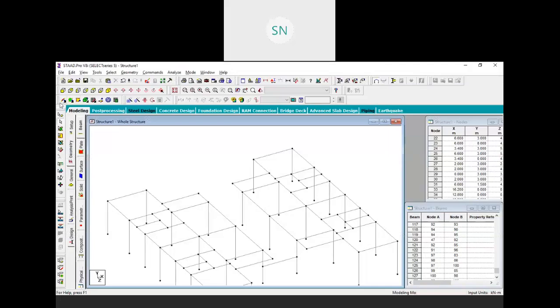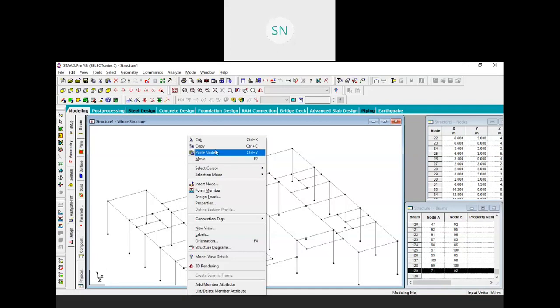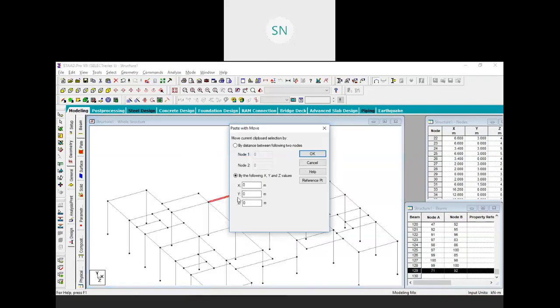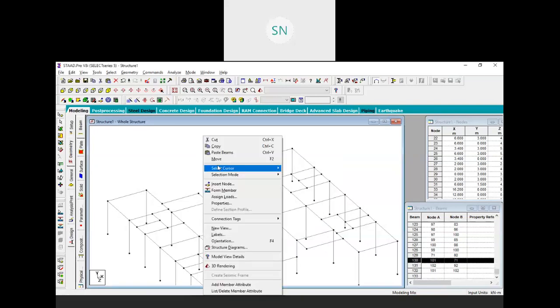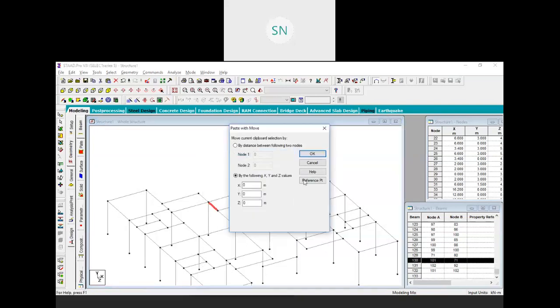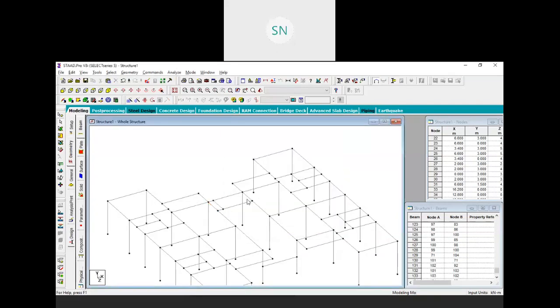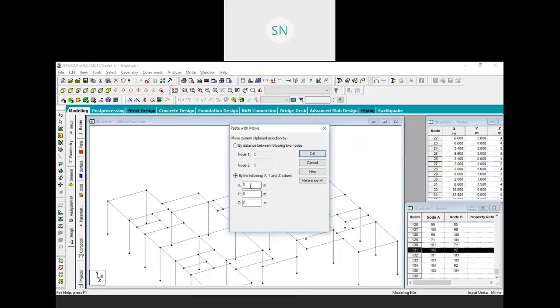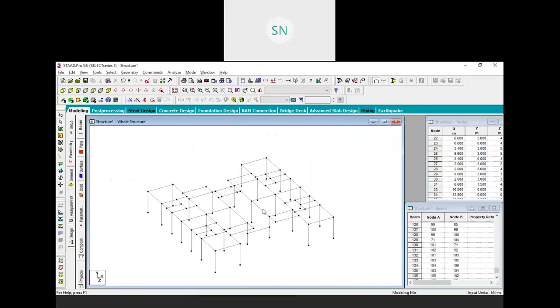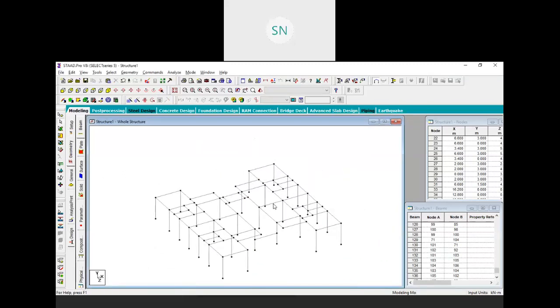Okay, so add beam from here to here, select it, copy, paste in the z direction 1.5 meter, then select this, copy, paste in x direction 0.45 meter, then select this, copy and paste beam in x minus 0.45 meter. Okay, so that's it. This is for our first floor,